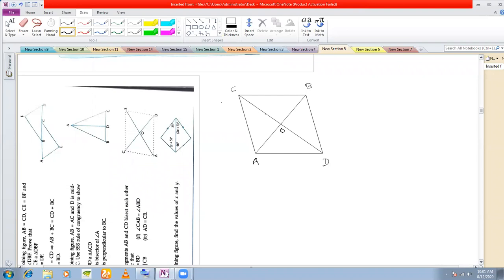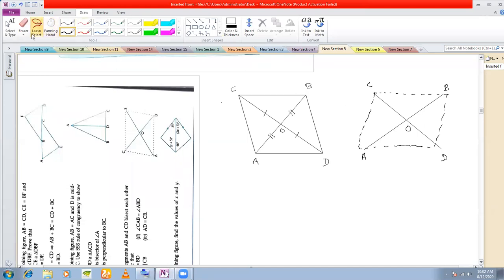Okay, so two line segments bisect each other. That means this must be equal to this, and this must be equal to this. These line segments bisect each other. In fact, only these two lines are given to you, somewhat in this manner. Okay, and these points were given as your A, B, and C. And what they have done is that they have joined these endpoints and made some sort of a quadrilateral. Okay, that is what they have done. But these two line segments were only given to you.